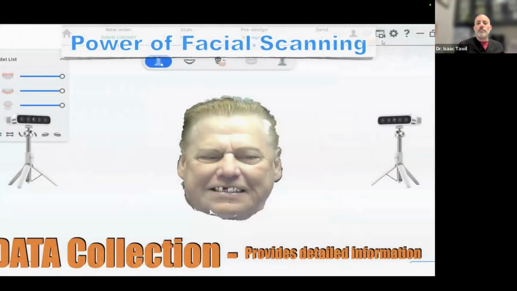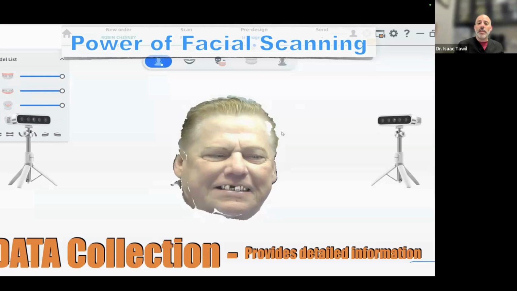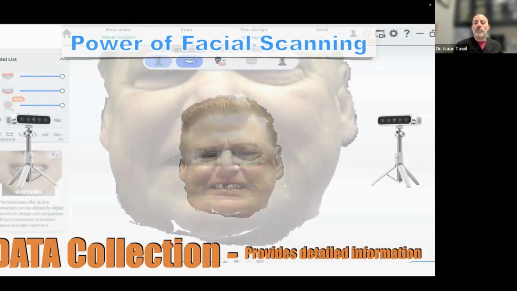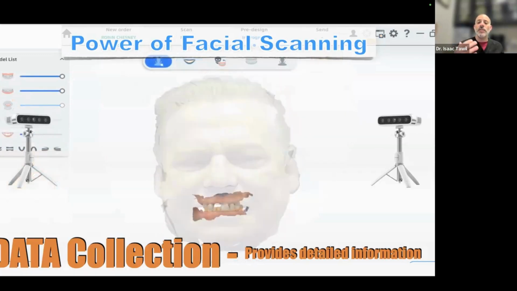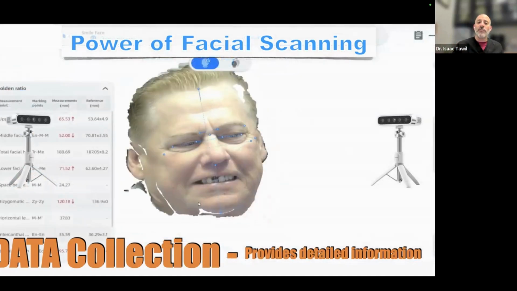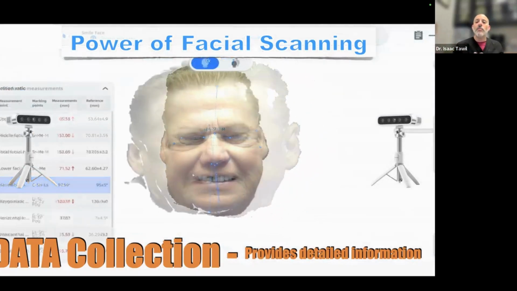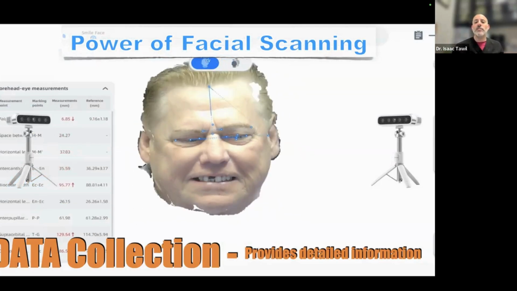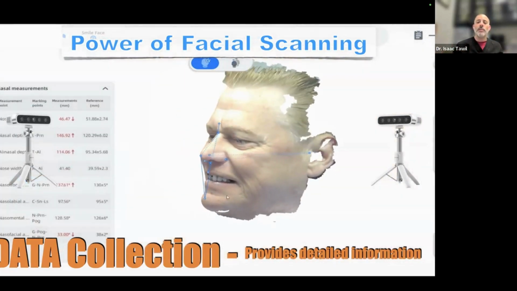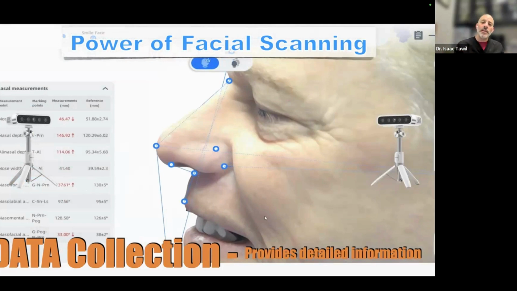So, for example, for this patient, we can incorporate all the different phases for him in one file. We can have a facial scan that is three-dimensional. We can then also include the intraoral scan and have that match together. We can crop out his smile and use his intraoral scan smile. We can overlay the CBCT and have this all in one file. And in the end, we can get numerical data: where his line angles are, where our tragus is, where his Frankfurt horizontal plane is. We can look at all these different aspects, interpupillary diameters, and we are able to now hand this over to the dental technician for a better evaluation of the case.